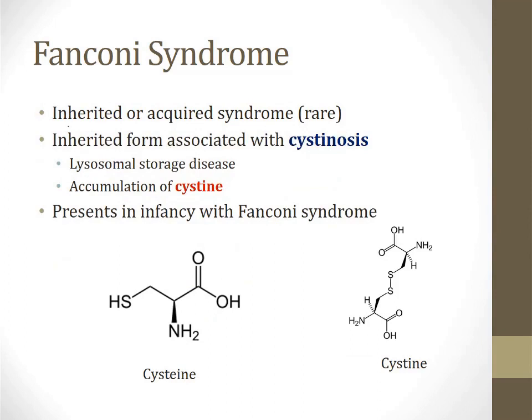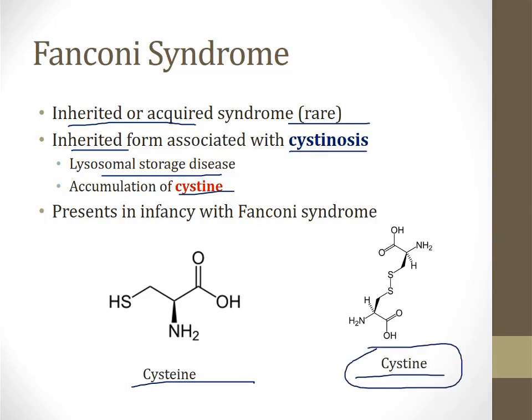Fanconi syndrome can be inherited or acquired, and as I told you before, in general, it's rare. The inherited form, which presents in infancy, is associated with cystinosis. This is a very rare lysosomal storage disease where babies cannot break down cystine and therefore it accumulates in their cells. If you look at the bottom of the screen, this is the amino acid cysteine. If you link two of these together, you get cystine. And cystine often links together to form this structure, and you need to be able to break this down in your lysosomes. If you're missing an enzyme,